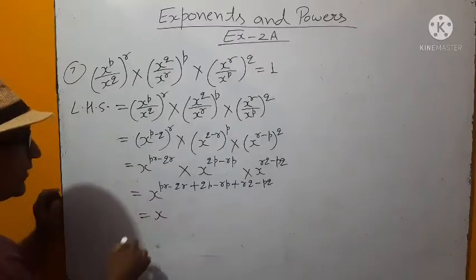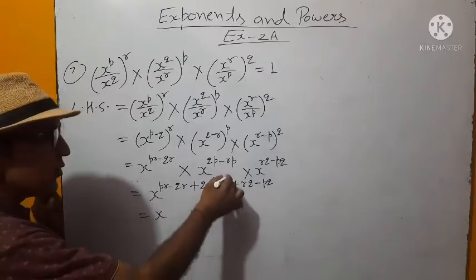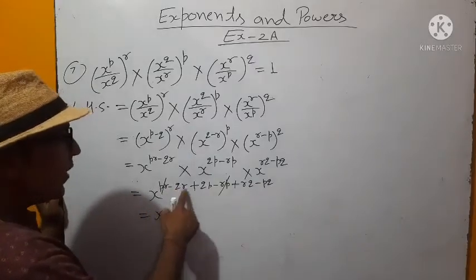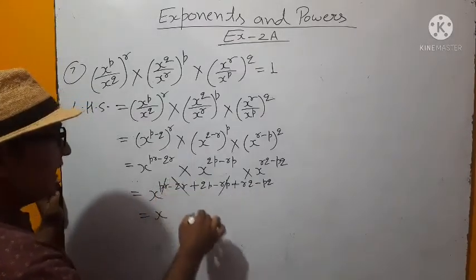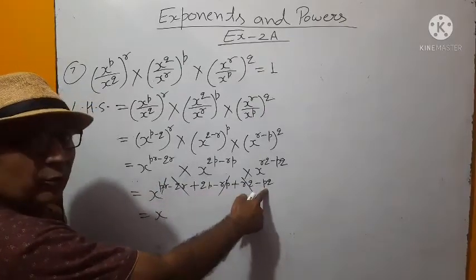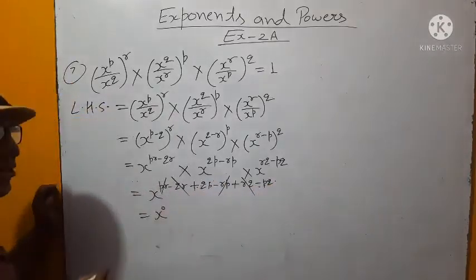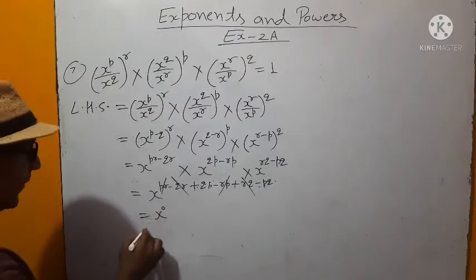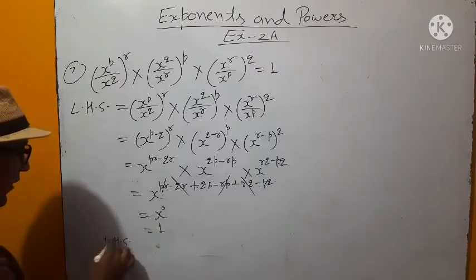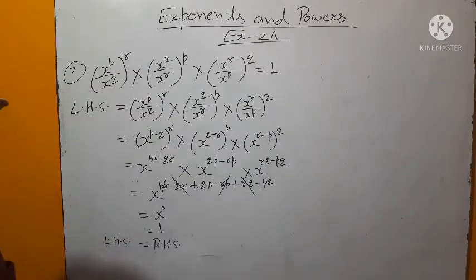Okay, now calculate it. pr minus rp, both are same, so they cancel each other and become 0. Minus qr plus rq also becomes 0. qp minus pq is also 0. This gives x to the power 0, and we know that if the exponent is 0, then its value is 1. So you have shown here left hand side is equal to right hand side. Okay, now write down this.